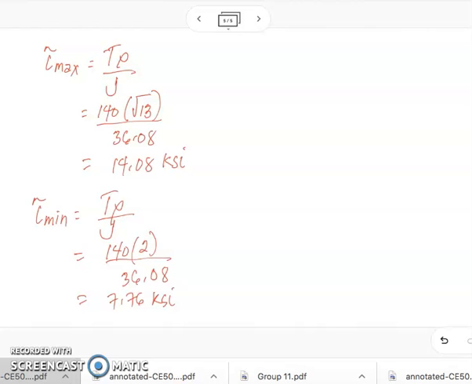However, the second unknown, or the second problem, states: what will be the additional load P before the shearing stress in any rivet exceeds 8,000 psi? So our allowable shearing stress, if there will be an additional load P, will be equal to 8,000 psi. There will be 2 cases actually, because we do not know the value of P.